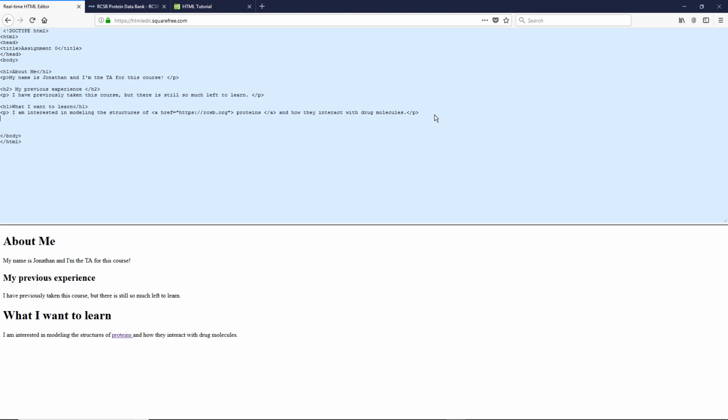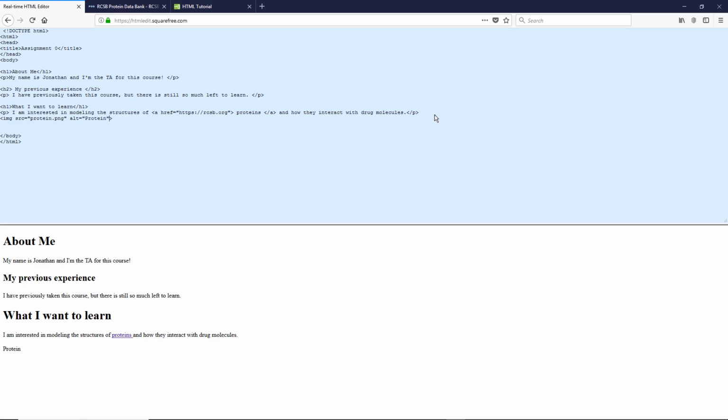And the next thing I want to show you is how to put an image on your website, because all this text kind of gets boring. So the way we do that is with img src equal to whatever the image name is in quotes. So this is going to be protein.png. And you have to give it some sort of alternate text, which is in case it doesn't load. So you always have to give it some alt equal to, I'm just going to call it protein again